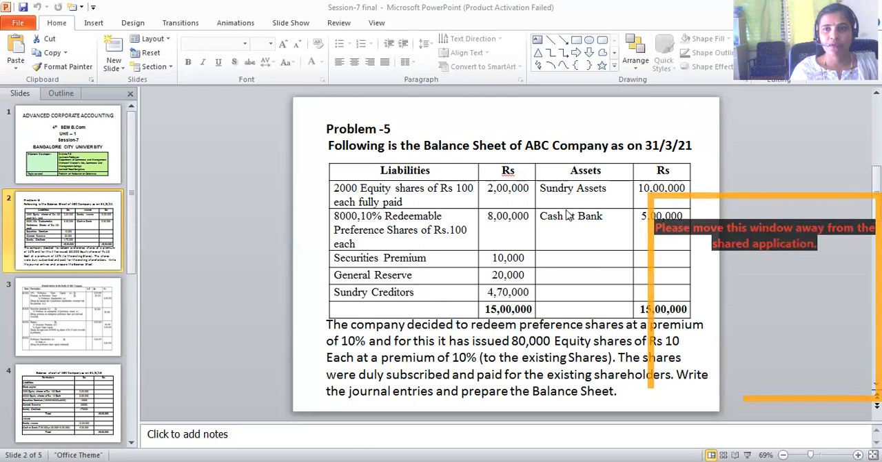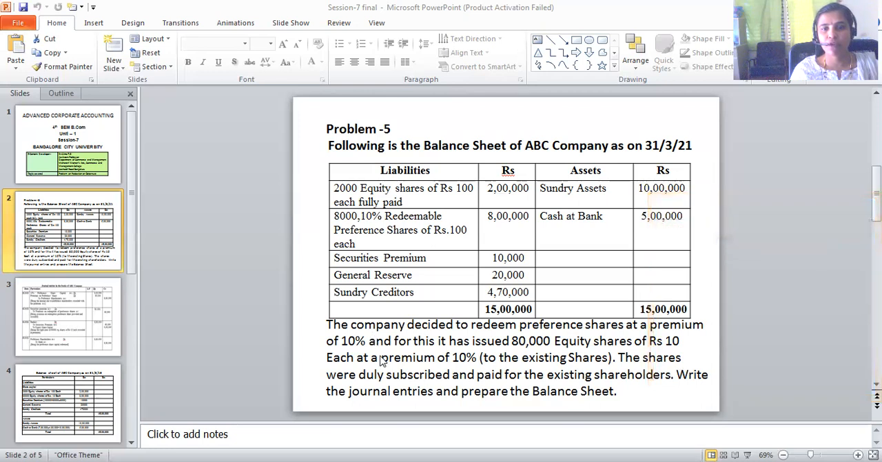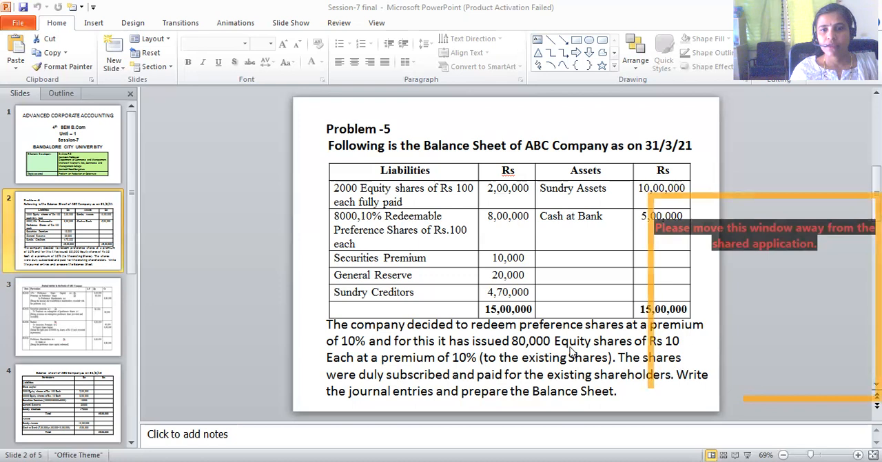On the assets, we have sundry assets and the cash at bank. The company decided to redeem the preference shares at a premium. For that, it has issued 80,000 equity shares of rupees 10 each at a premium of 10% to the existing shareholders. So the company is making a fresh issue of equity shares to the existing shareholders at